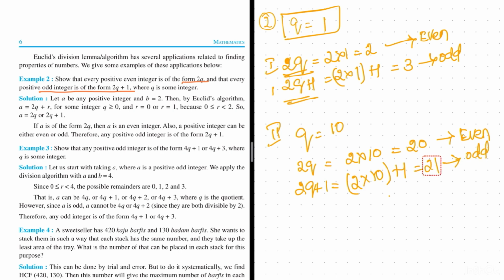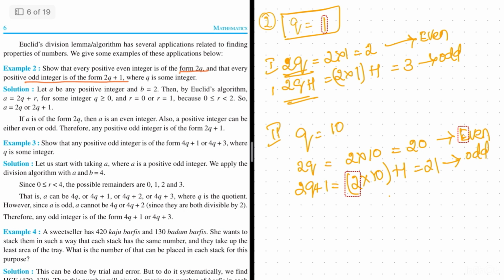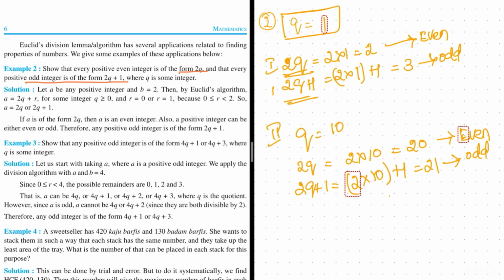This you can prove like this also, but what they have used is, let us have any positive integer